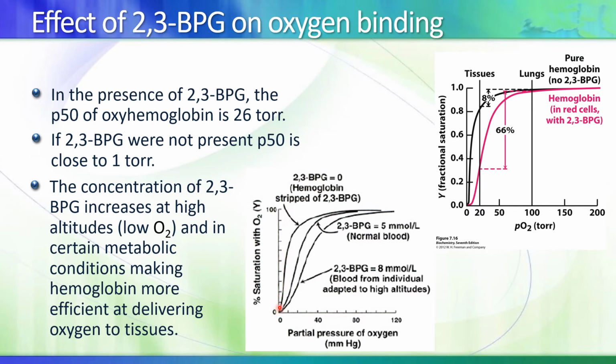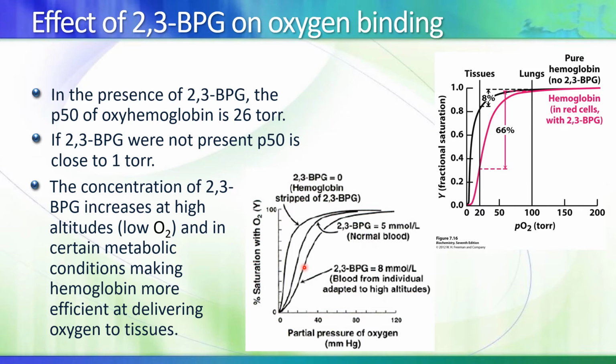And note that the sigmoidal curve right here, but the curve is shifted to the left. So this has very high affinity. So it almost looks like myoglobin, which has really high affinity, but it's not there, but it's close. Well, in normal blood, you have 5 millimoles of bisphosphoglycerate per liter. So you have the normal saturation curve. But if 2,3-bisphosphoglycerate increases to 8, note that the curve shifts to the right, meaning that you have low affinity